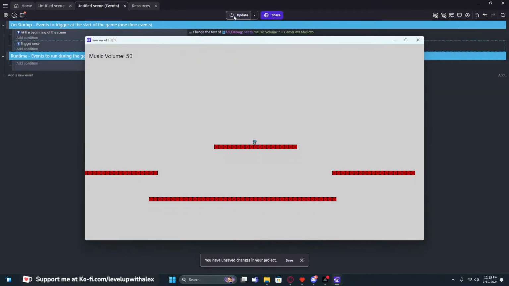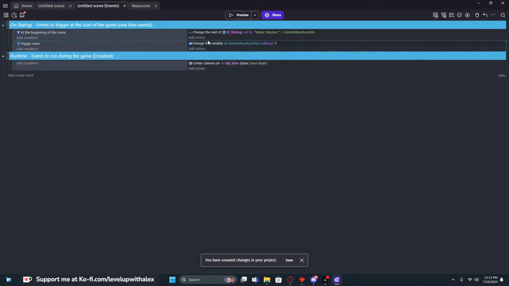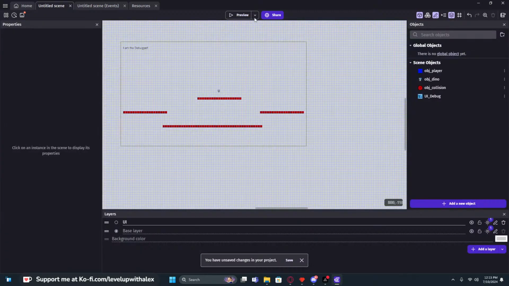Okay, preview. Well, wait, hold on, Alex. That says 50. It should say 45, right? We minus 5 from it. Why doesn't it say that? Because, look, again, at the beginning of the scene, this happens once, only once. When that runs, it disables itself. It'll never check it again unless we reload. And that doesn't work the way that we're talking about. Although in the engine, and I want to show you this, there's a really cool feature that we can do. If you click on the drop-down area,